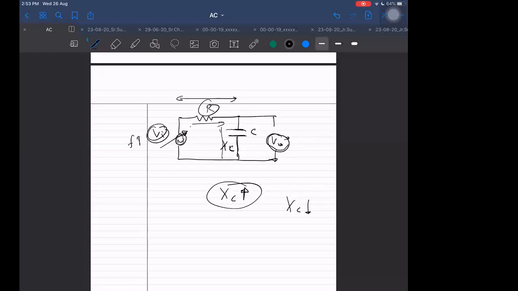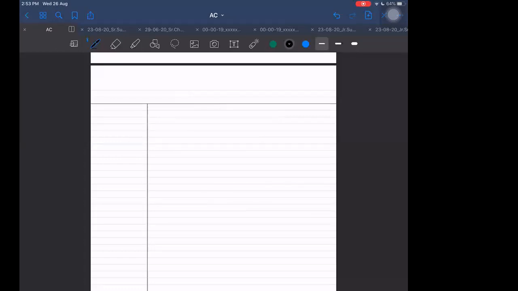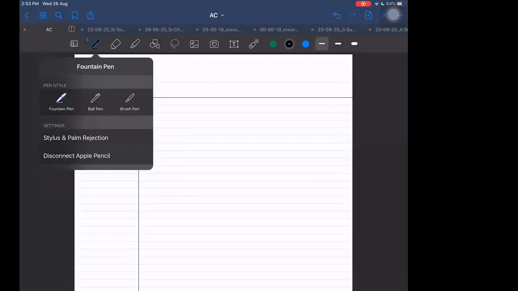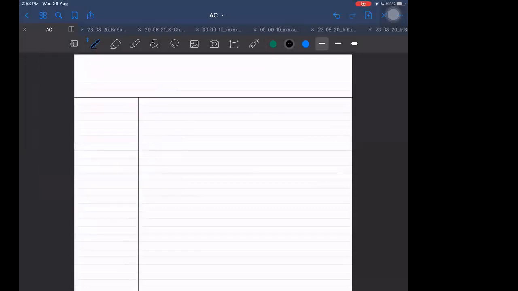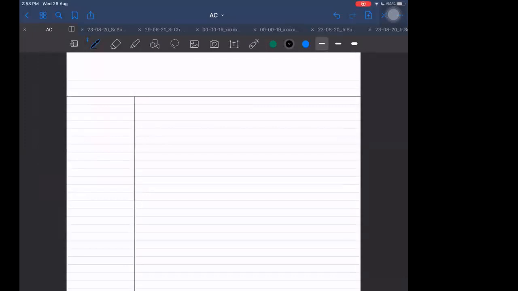We use this in our examples, and I will discuss these things later in the communication system, where I will tell you about modulator and demodulator circuits and how we make use of such circuit arrangements. We choose one particular capacitor in such a way that it gives us the desired signal. That will come later. But anyway, we have many places where we use it to our advantage: we can change the value of effective resistance, although it is not resistance, it is impedance, depending upon the frequency of the input.